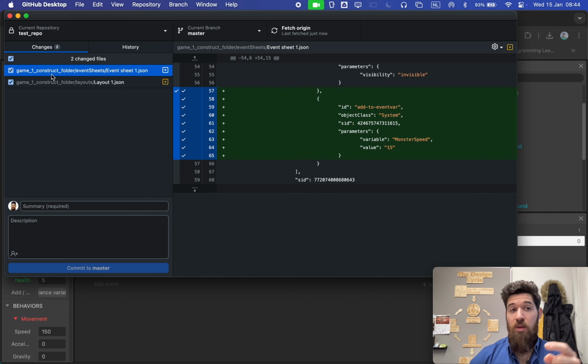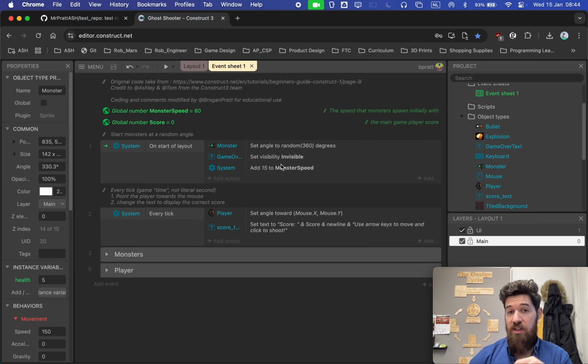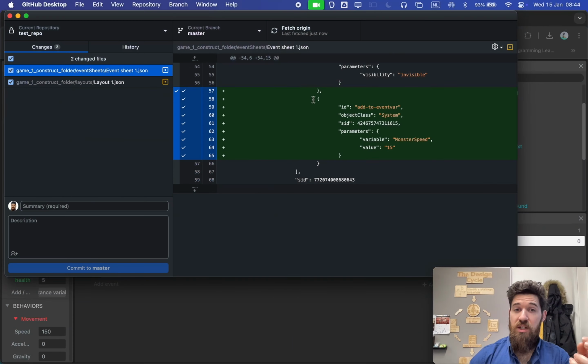So for instance, I have the game1 construct folder, event sheets, event sheet 1. This is that new line of code that I added, because I added one new line of code. We can see in this green here, this is the new line that was just added in. If I go to my